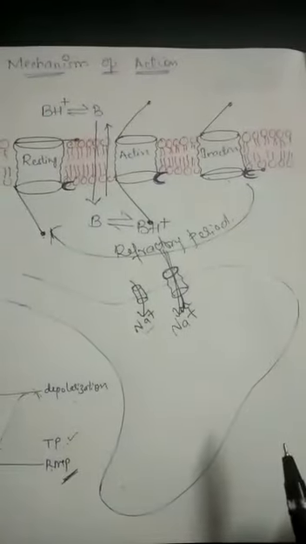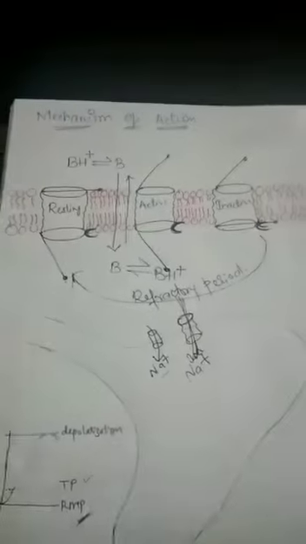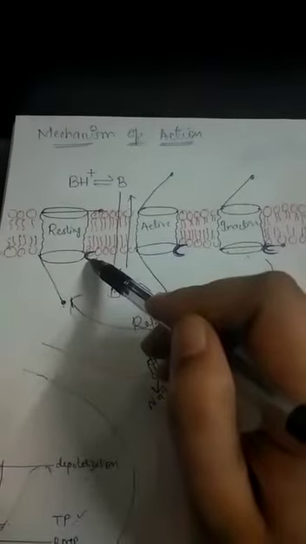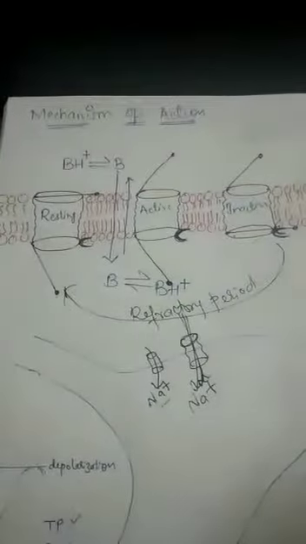Now we will see where these local anesthetics actually produce their action. Suppose this is your local anesthetic, which are weak bases in nature. Normally, it needs to bind with its receptor on the sodium channel, which is present intracellularly. That means these local anesthetics need to cross the plasma membrane to bind with the receptor. But the condition is that they should be in an unionized form. There shouldn't be any kind of charges.